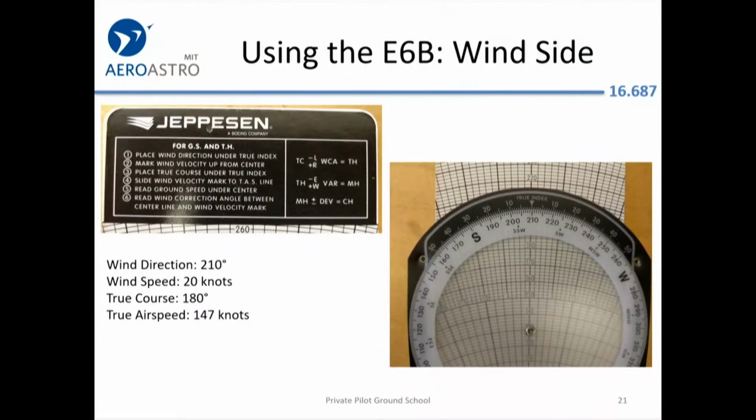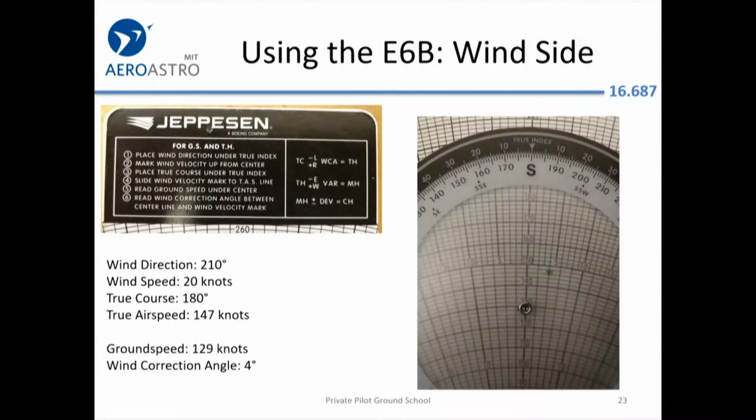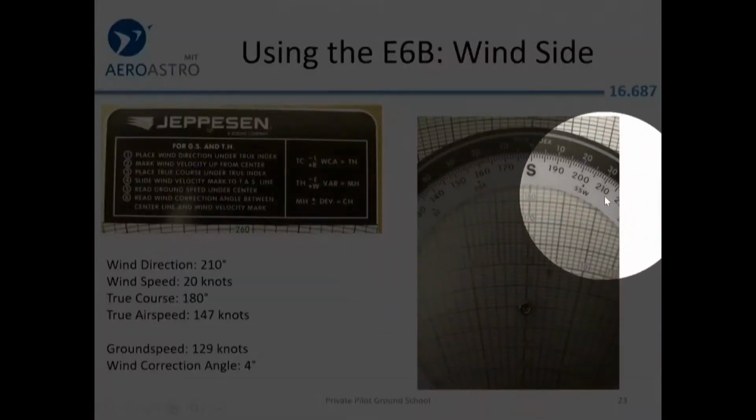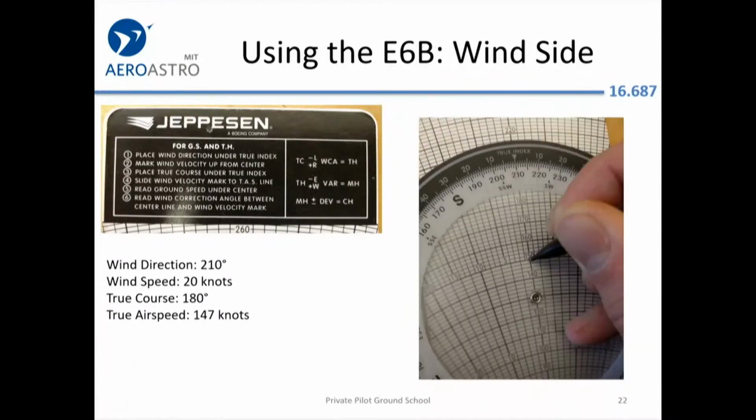So here we are on the wind side. We start by marking 147 knots, it looks like. And then we rotate it. You can see that pencil mark has been rotated off. It started at 210. All right, let's go back. Yeah, so we had it